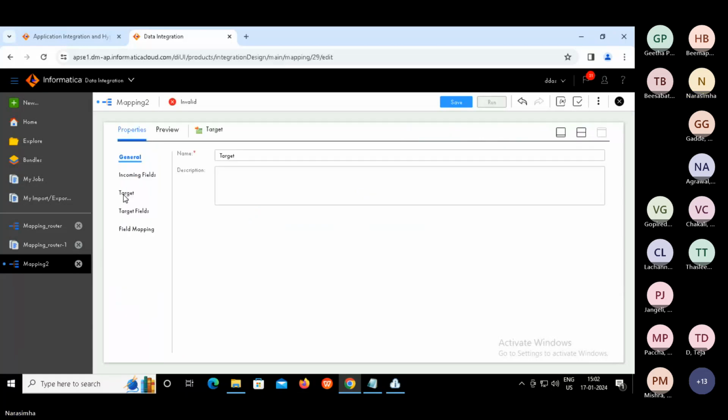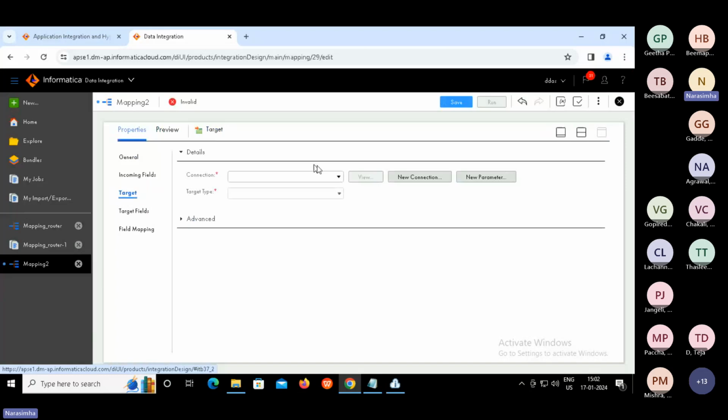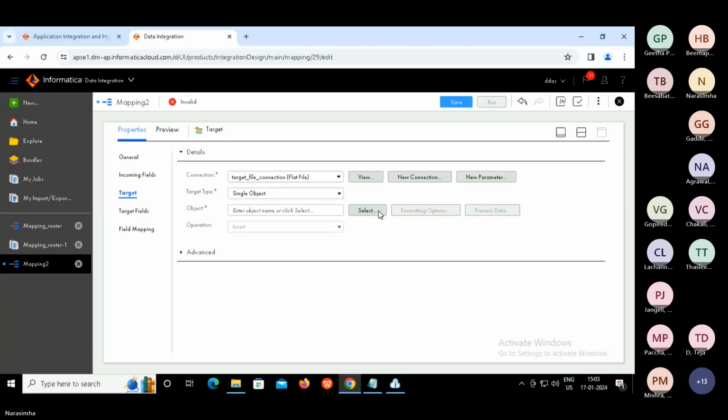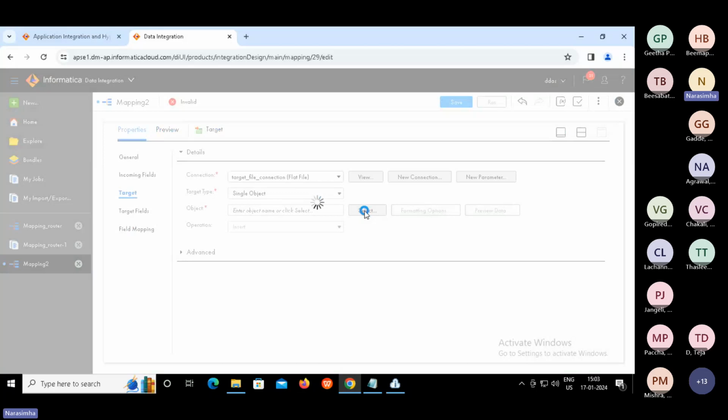Maximize this, go to target, drop down and select target file connection. Now supply the target.